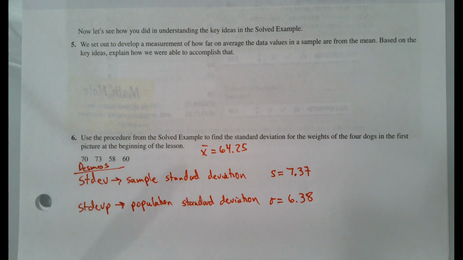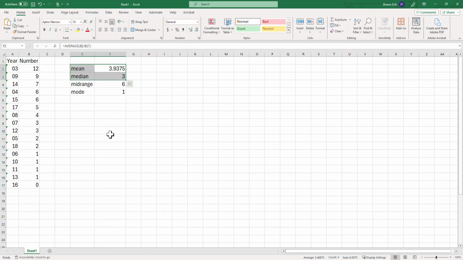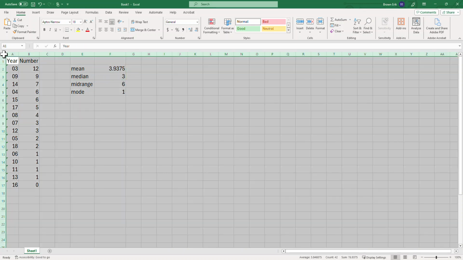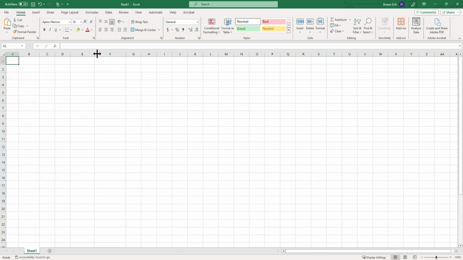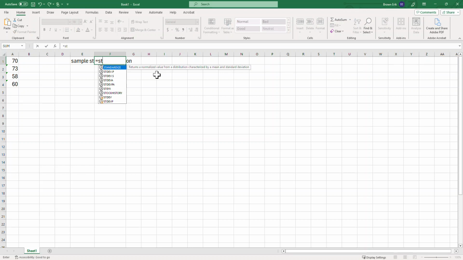Let me show you how to do this in Excel. So in Excel, we would type in our values. So that's our 70, our 73, our 58, and our 60. I guess I did sample first. So for sample standard deviation, you're going to do equals, you're going to start typing standard deviation, or stdev. And Excel does stdev.s, which is nice. So for standard deviation of the sample, there you're getting,